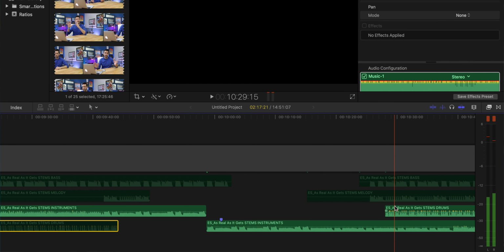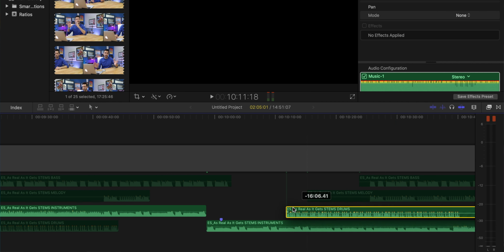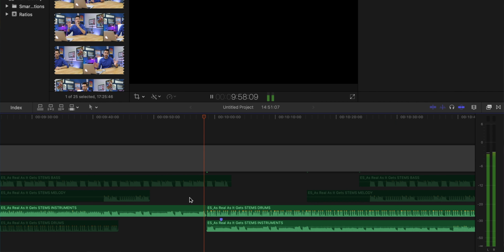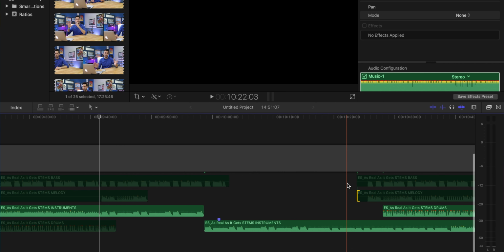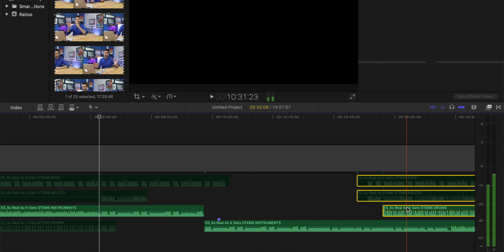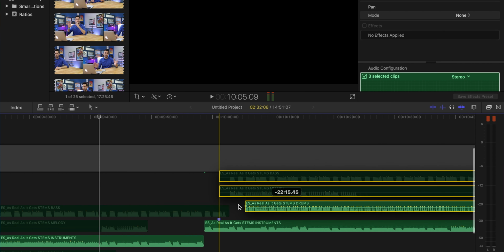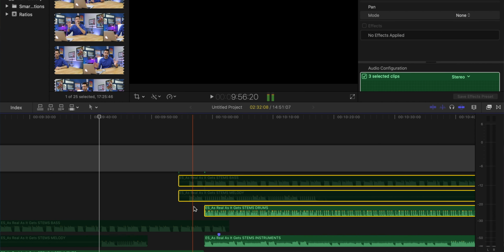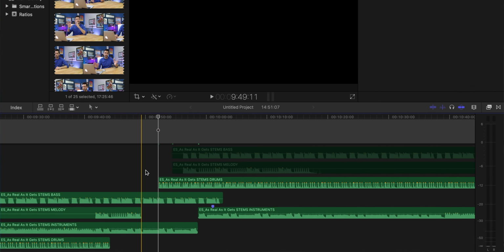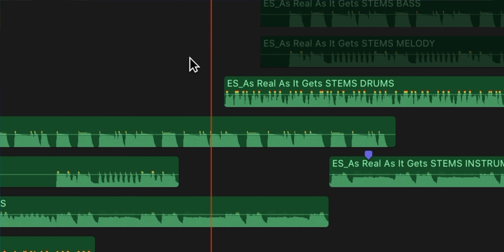I can take the drum track and have it come in whenever I want now. And then the song just sort of starts again. And then these other stems right here, I can actually just take them and sort of move them over to have them come in whenever I want them to. So this might not be a total masterpiece, but you can sort of see how that's giving you a lot